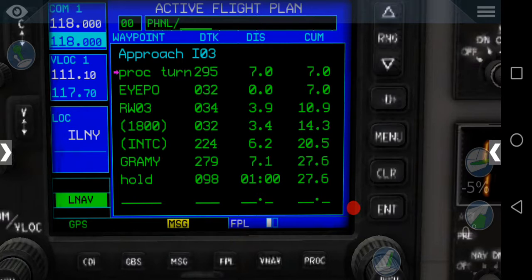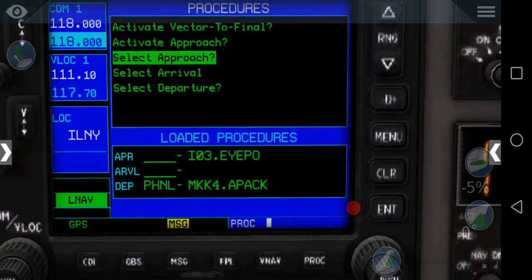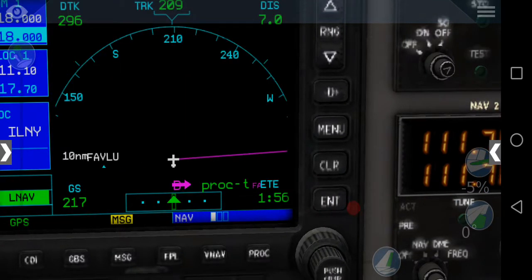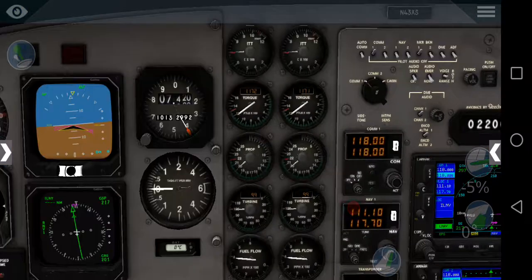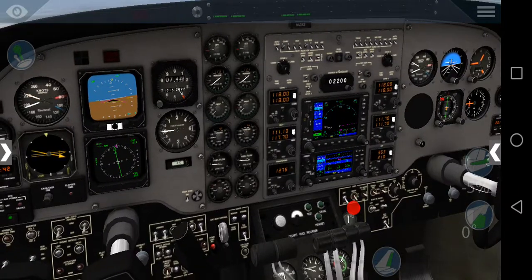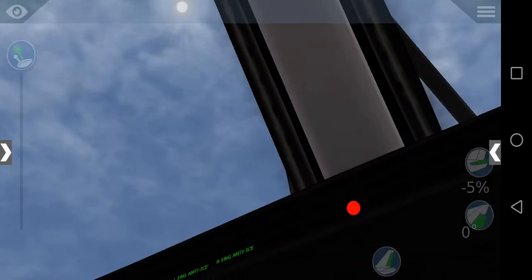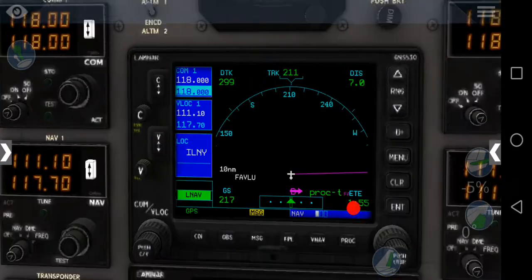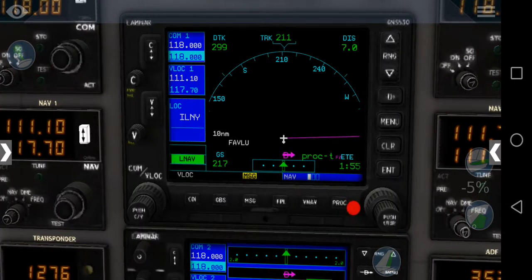So let's have a more flight plan view of this approach. If you look right now, I have a straight magenta line stretching all the way to my right. That's actually the approach that I'm required to be following. So if I zoom out, you can actually see the position of the airplane with the Echo Yankee approach,